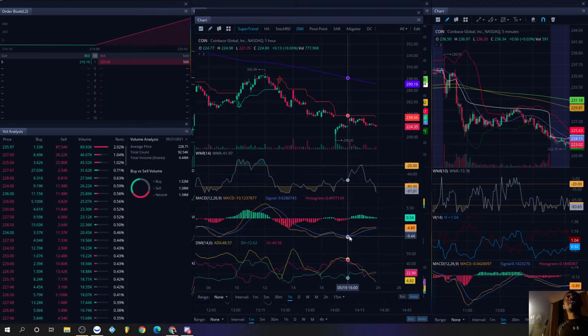I'm wary of that move sometimes when the MACD signal is here and it's going up, because that means it is in an upward motion. So a lot of the traders today were seeing this MACD upward motion, but what they weren't realizing is that this was here. That is what they weren't realizing.